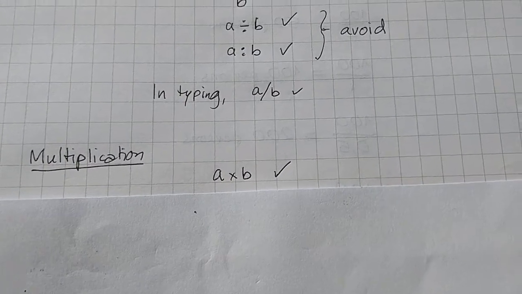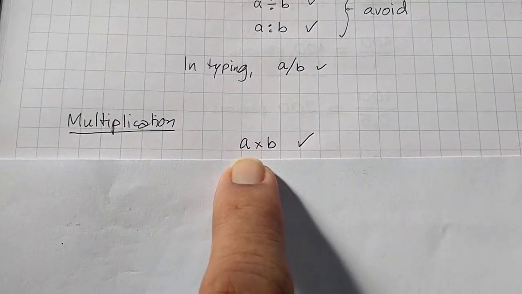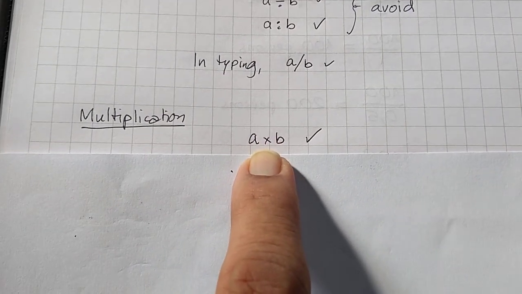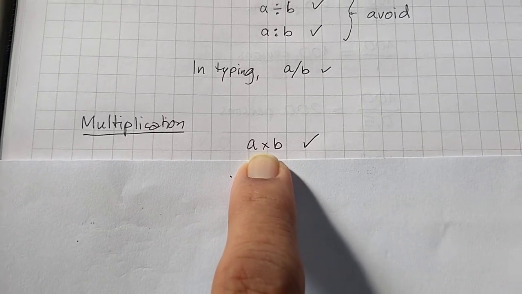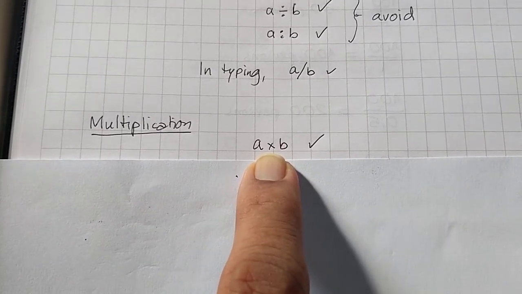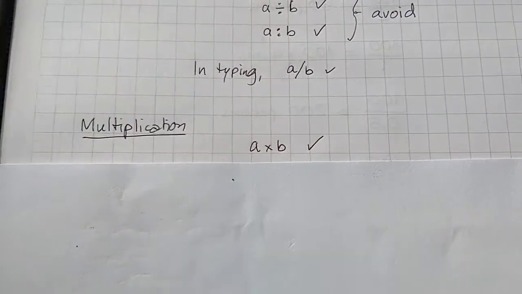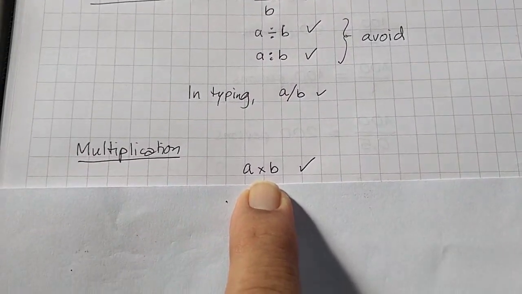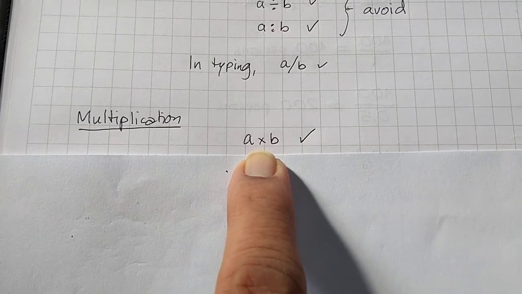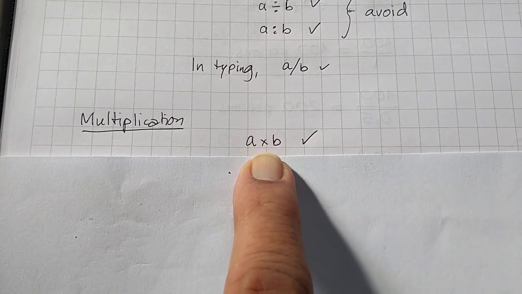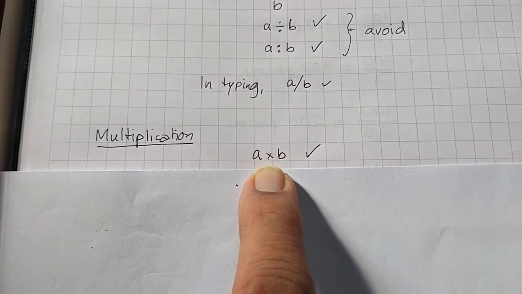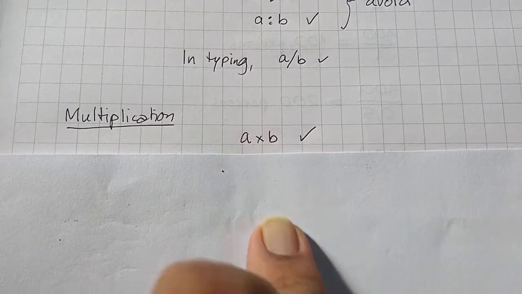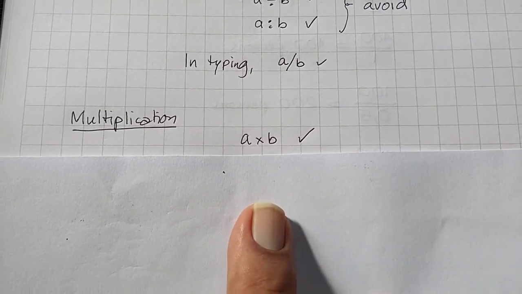Okay, similarly multiplication, there are many ways of writing multiplication. This is the most common one, a into b, where there's a small cross. If you are really particular, this is not the X on the computer keyboard. This is actually slightly different. If you go into Microsoft Word or Excel, you can actually get this character by inserting a special symbol and finding the multiplication sign. Most often we just use the letter X to signify the multiplication, and that is good enough. But you should know there's a separate multiplication sign which looks very much like the X, but it isn't the X.